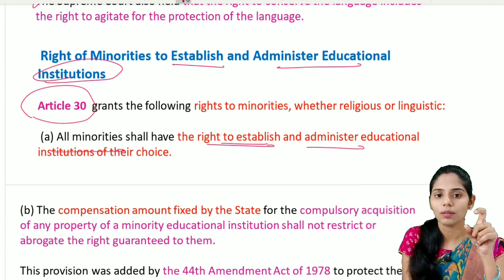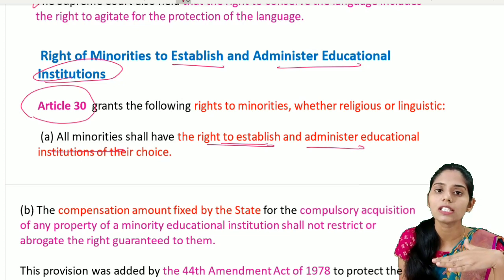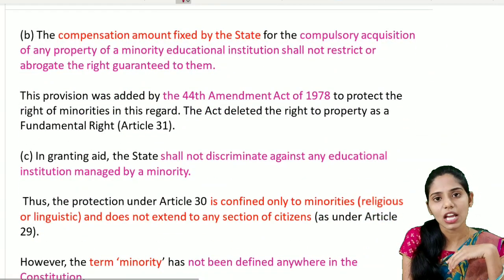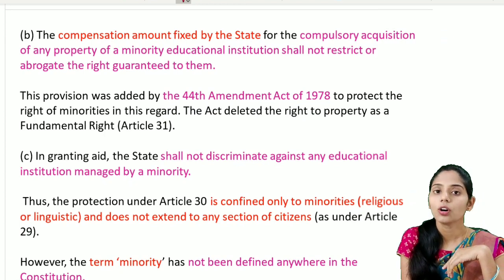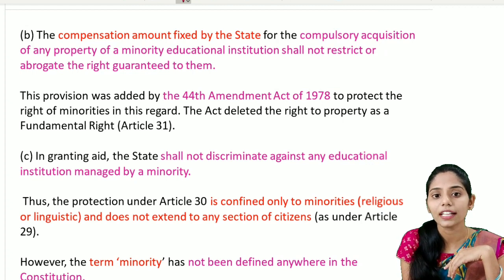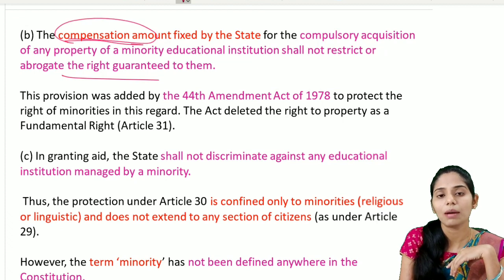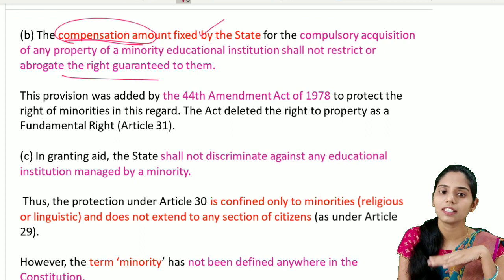So this is the first important provision. It talks about the right to establish and also administer the education institutions of their choice. And if you see the next one, that is the compensation amount which is fixed by the state for the compulsory acquisition of any property of any minority education institutions shall not restrict or abrogate the right to guarantee them. That means if at all any compensation, which is the amount fixed by the state for the compulsory acquisition of any property of minority education institutions, then it shall not be restricted based on the right